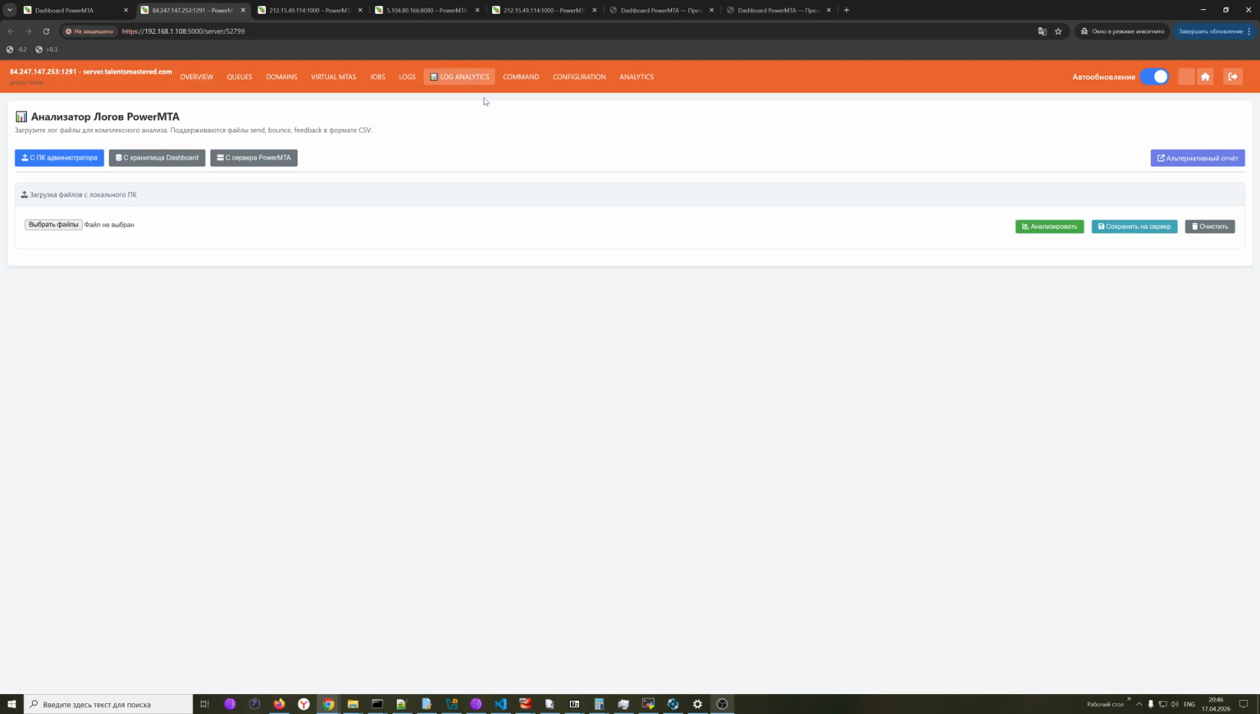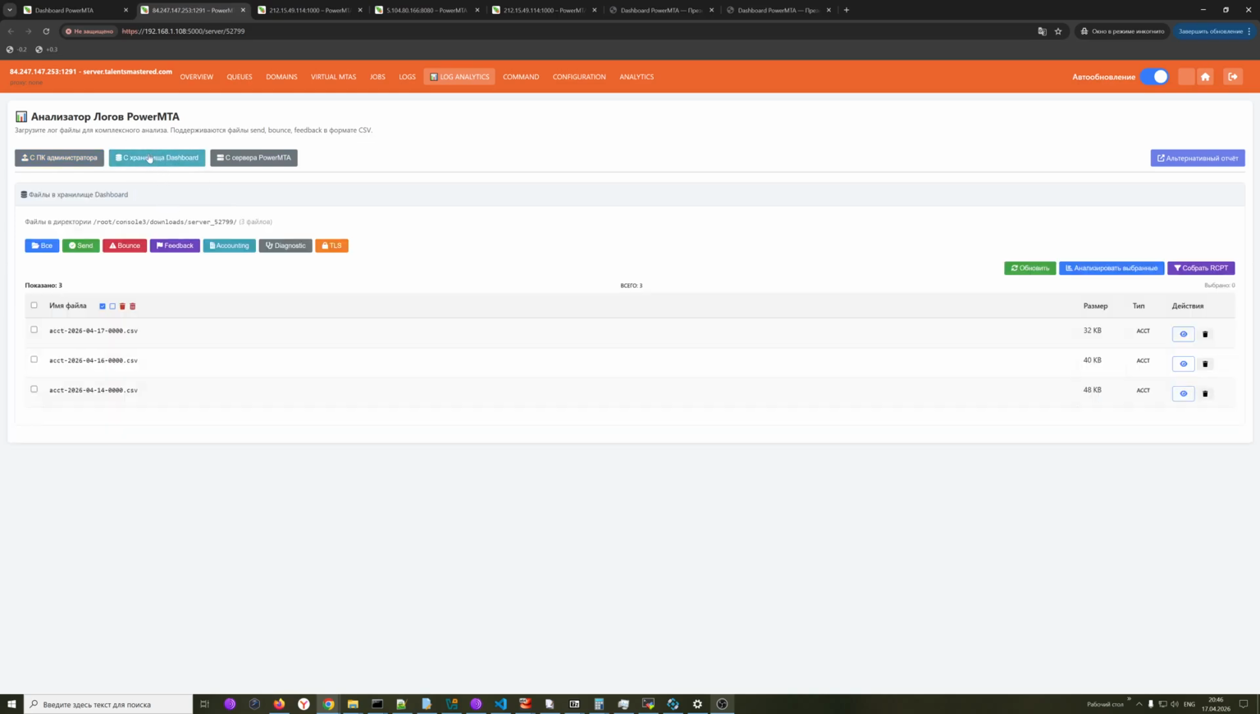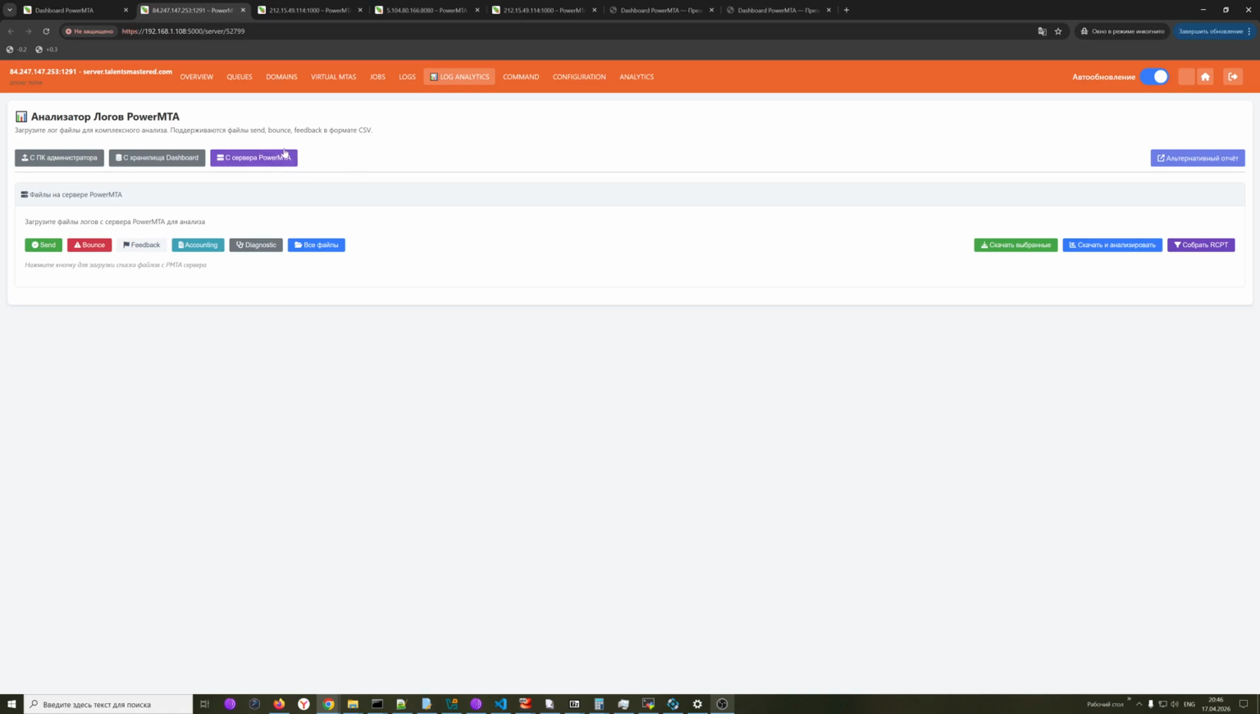There is a section of lock analysts. It is represented in three blocks, so we can download the CSV file from the PC. Administrator, we can view the downloaded files. It is in the storage of our server. Our dashboard, or it is data from the PMTA server. Click on